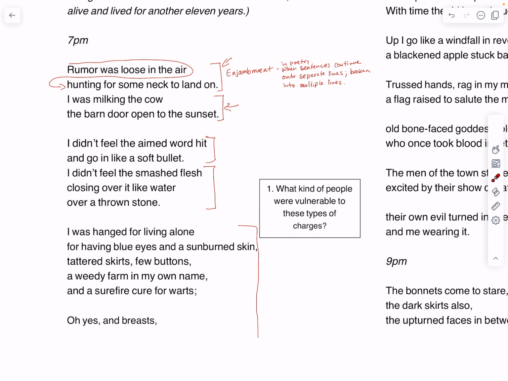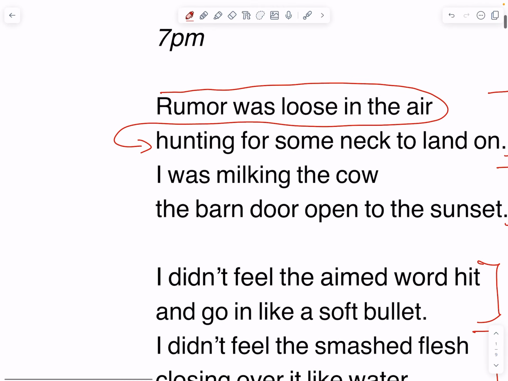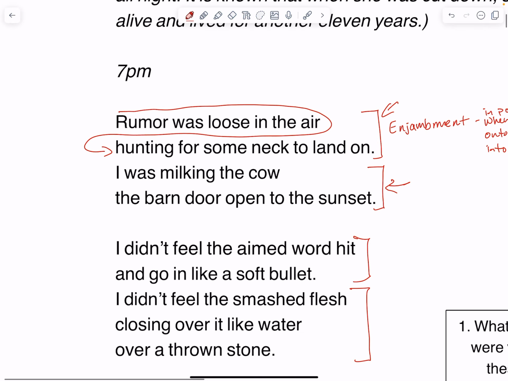So the question is, why are these sentences enjambed? What is, okay, so what, Torres, right? That's the big question, is why. And I want you to think about this question, okay? I want you to think about enjambed sentences as broken ideas, okay? So this is a thought that is broken into two lines. So we have broken thoughts, okay? Maybe half thoughts,